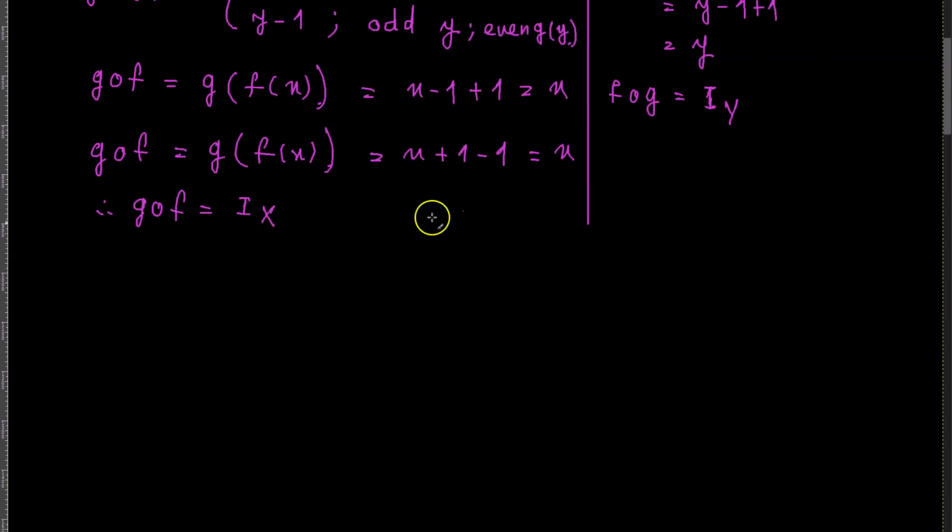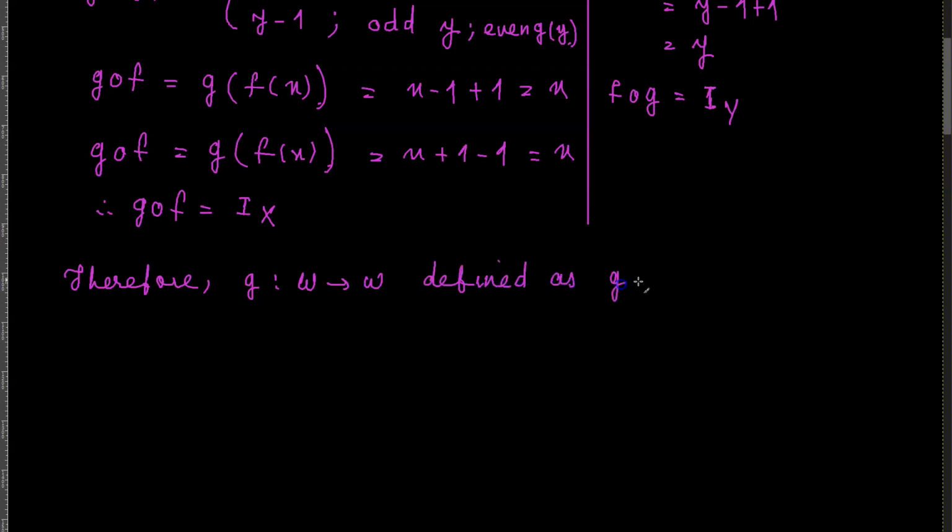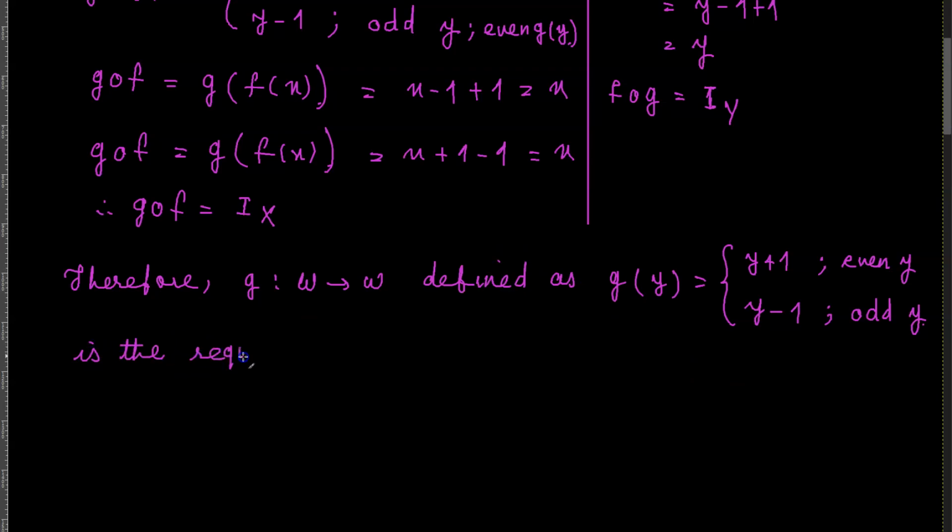So you can write, therefore, g as a function from W to W defined as g of y is equal to y plus 1 for even y's and y minus 1 for odd y's, is the required inverse for the function